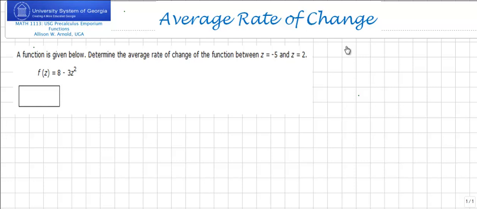Let's discuss average rate of change of a function over a given interval. The definition of average rate of change is actually the same definition as the difference quotient. Average rate of change of f of x